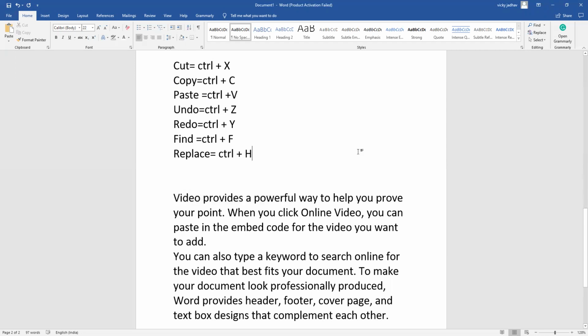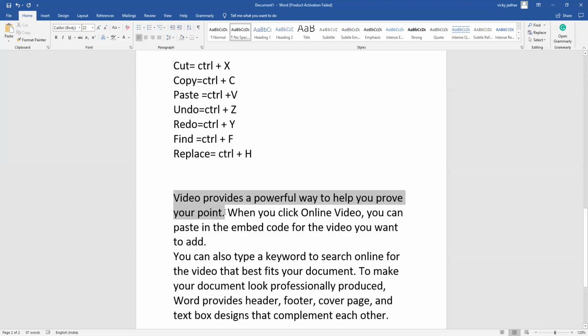I will tell you how to select it. First, click at the word from where you need to start, and drag the mouse cursor to the point where you need to end. As you can see, only this much of the text has been selected.